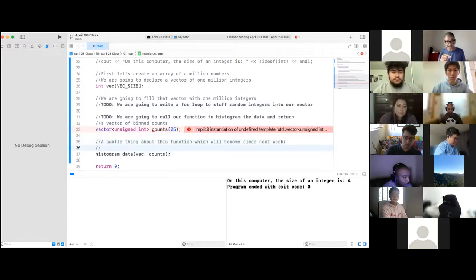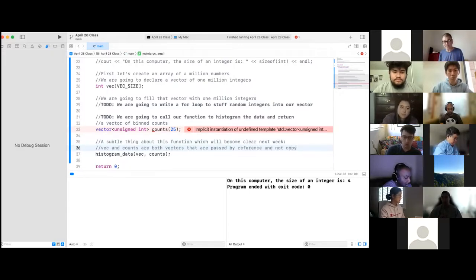Vec and counts are both vectors that are passed by reference and NOT copy. Okay, you can say not in uppercase, right? Because we want to emphasize that not. What that means is something you can look up and find out, and we'll talk about that